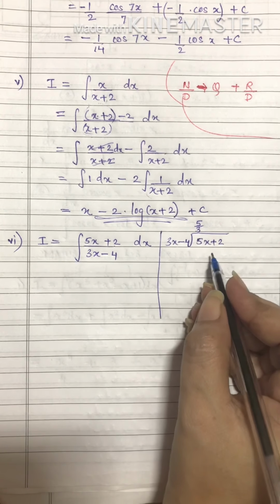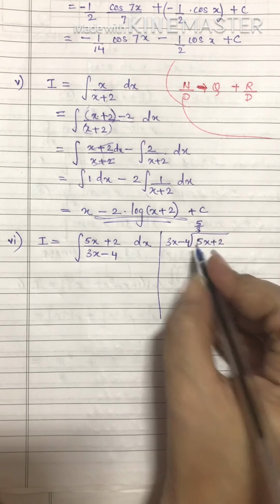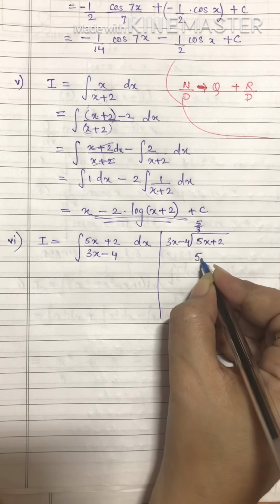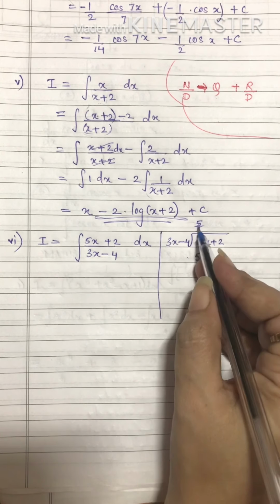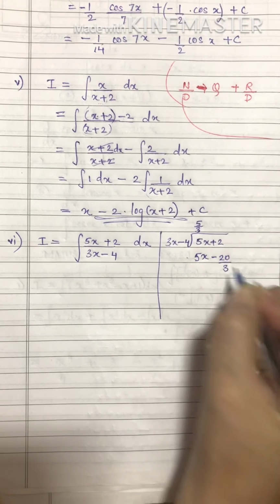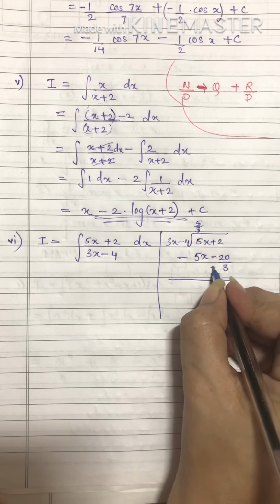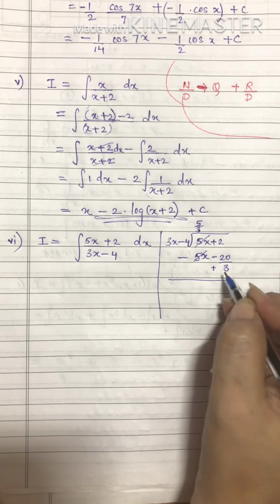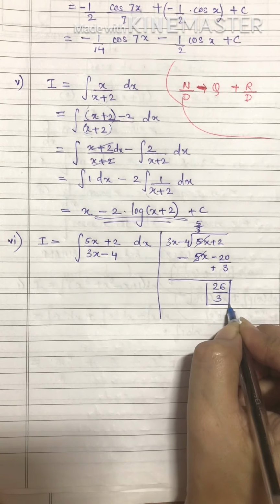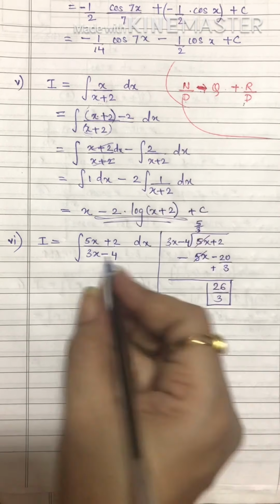See, we have done these types of sums in our 8th standard. Then multiply this 5/3 into 3x. The 3 will get cancelled, so you get 5x, and then 5/3 into minus 4, you will get minus 20/3, right? So now we are performing division. When you put a minus sign here, this sign will change, this gets cancelled, and then 2 plus 20/3, cross multiply, and you get 26/3. Now this is our remainder. What I told you here, n/d is equal to q plus r/d. So we will use it here.